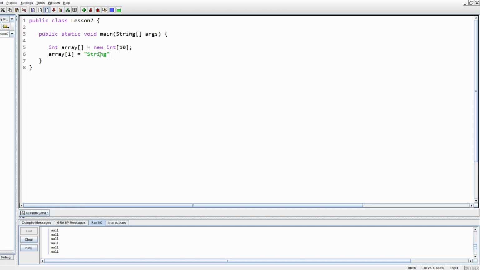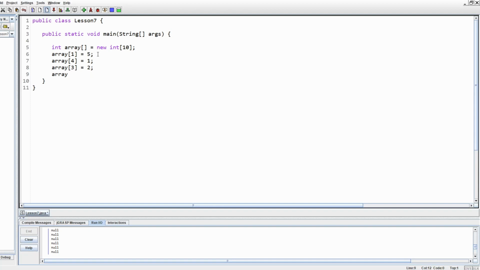If you wrote string here, or any other type of data type, it wouldn't necessarily be right because this array is meant to store ints. So I'll write 5. And similarly, you can write array 4 is equal to 1, array 3 is equal to 2,